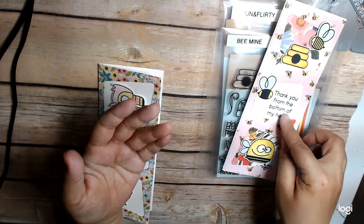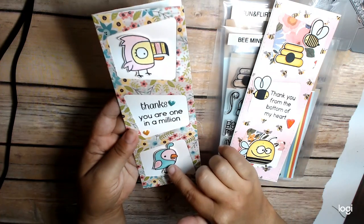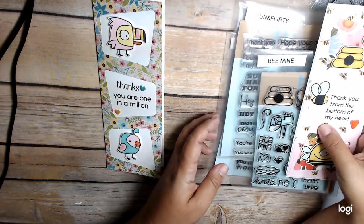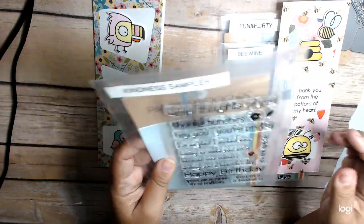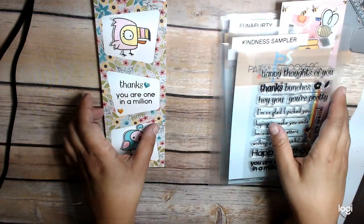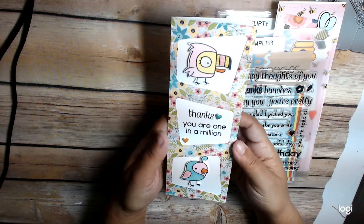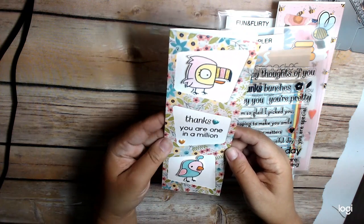So anyway, here you go. Isn't that adorable? And then this, oh, I'm sorry, I do have the dies for this. These are the ones I could swear I had the dies and I can't find. This is Thanks, You Are One in a Million. So I used this thanks right here, and then I just used You Are One in a Million to stack my sentiment. And then I colored my cute birds up, and I glittered the nose and the wing, and this uses that